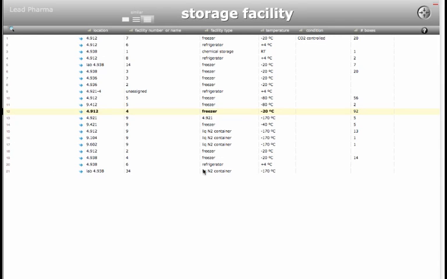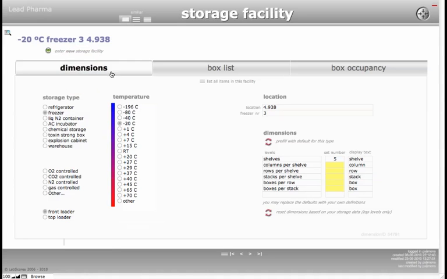You get a list of all your facilities. There may be freezers, warehouses, nitrogen containers, incubators, doesn't matter. You can assign it and name it how you want it. You can indicate here a storage type, optional gas control, whether it's a front loader or top loader. You indicate a temperature when you make a new storage dimension. You enter the location and you give it a number, and then optionally